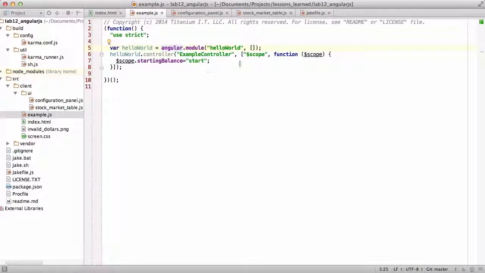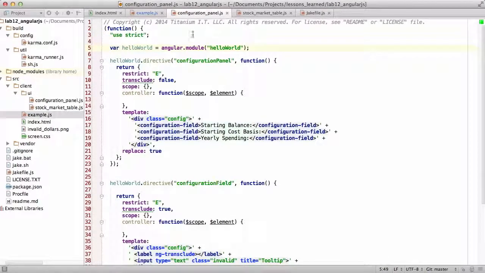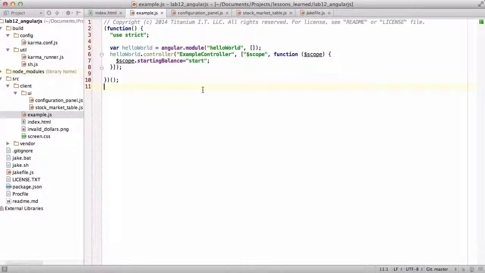I can see now why sometimes people like to use an alternative syntax, which looks like this, where we basically string everything together in a fluent style, just so that it's more obvious that this is creating the module versus retrieving the module. So now that we've got that working and we have a decent amount of file split up,